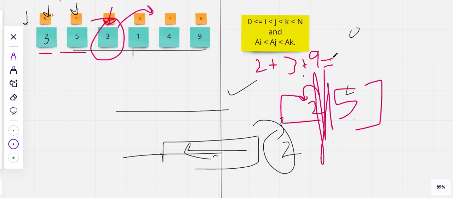So we divide the problem into right and left part, and in the right part we are going to have a pre-computed array. You will see in a moment how we are going to do it. And in the left part we are going to have a sorted array. Whatever number we have come across until this point, we are going to store it in sorted fashion.